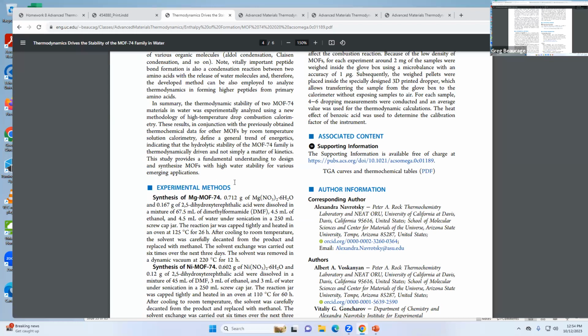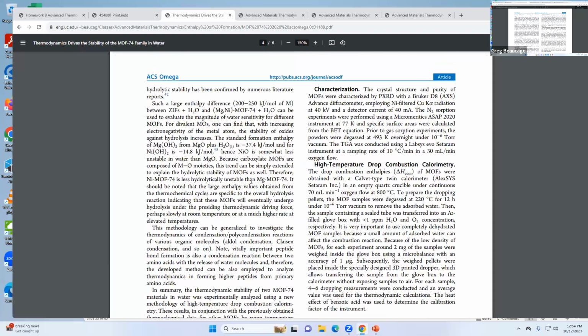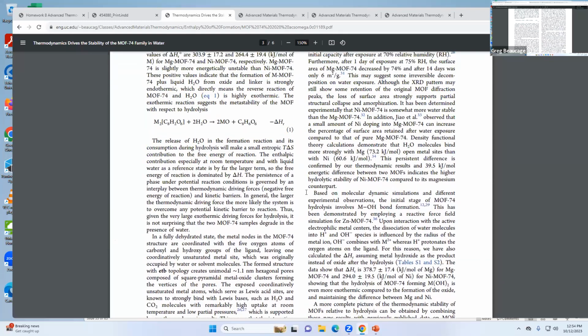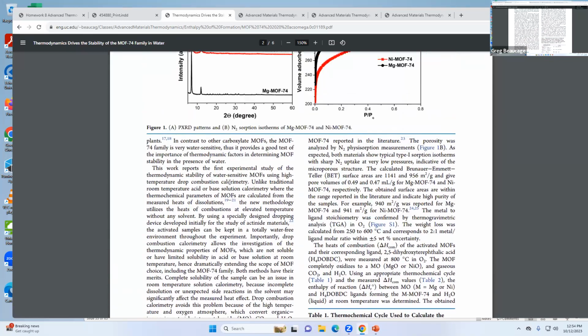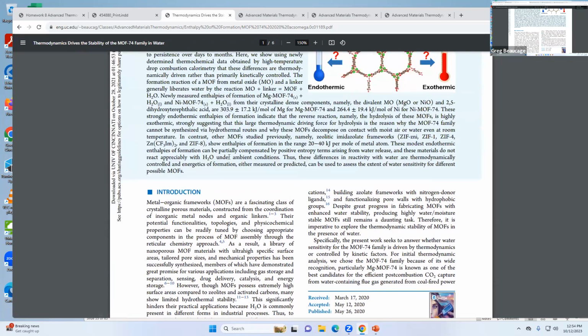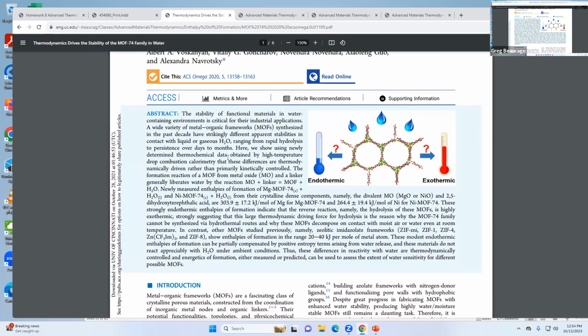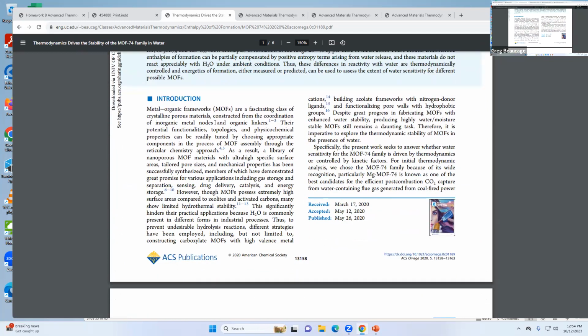So I guess that's what this paper is about, using a bomb calorimeter. They don't call it a bomb calorimeter, they call it something drop something or other. But the idea I get is that it's a bomb calorimeter. It's just an enclosed thing, you do the reaction inside of it, and then you measure the heat that comes out. They don't actually describe the machine. They just give the name of it. It's like a drop, something drop combustion,